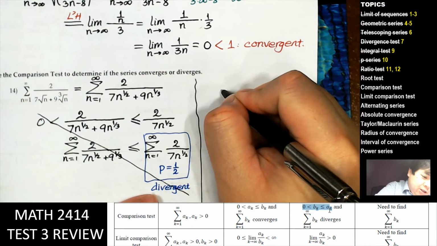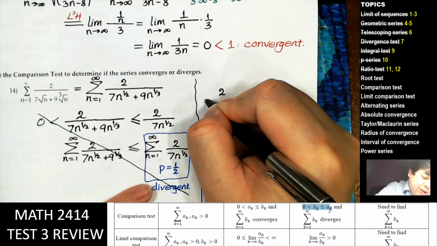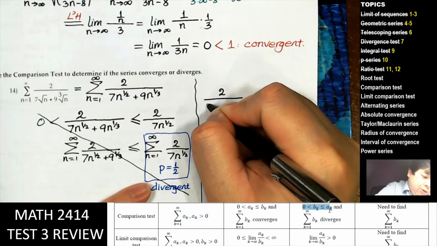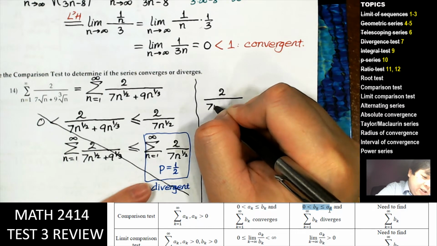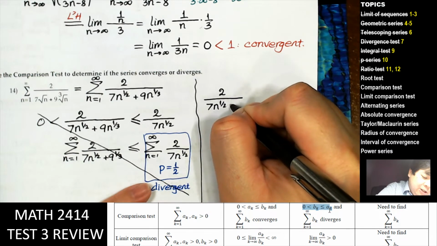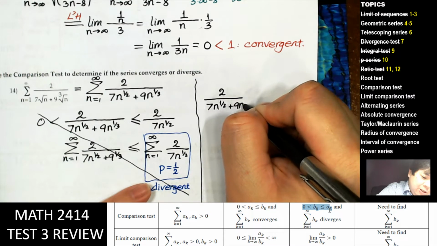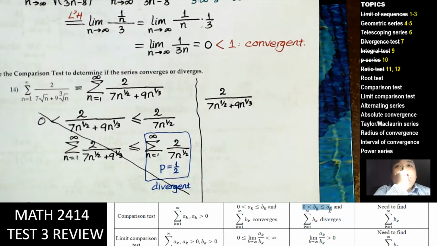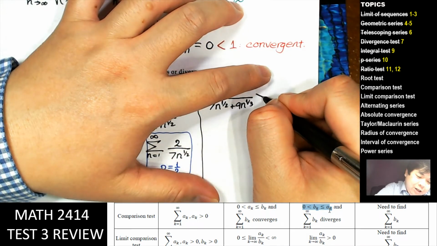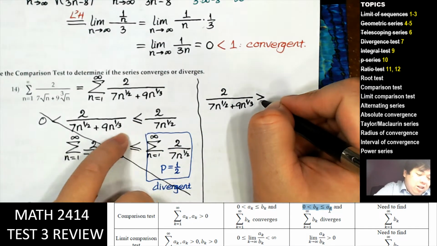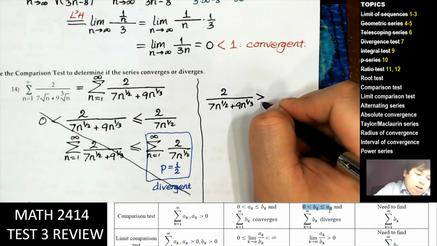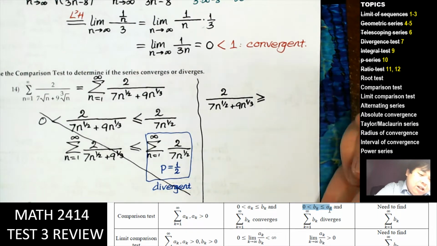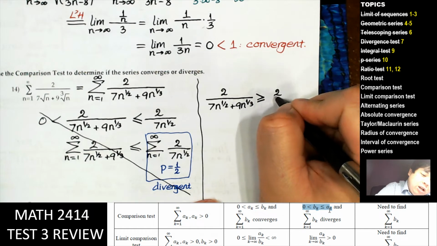Let's write that term again. Now, this direction doesn't work because that one is divergent. What we can say is, how about it is greater than